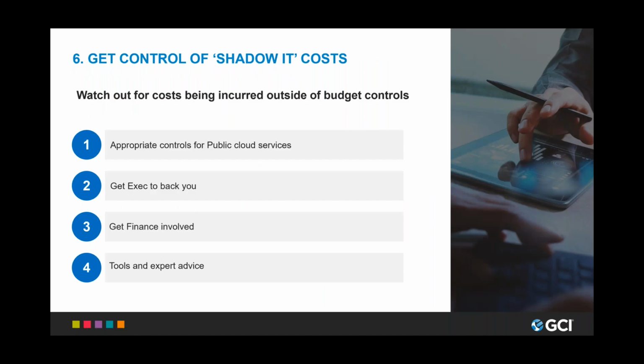Number 6, get control of your shadow IT costs. Almost all businesses have shadow IT. And what do I mean by that? I mean costs that you're incurring outside of your main IT budget. And how does that happen? Well, it happens through things like expenses, business credit cards that are not within the sight of IT, but are